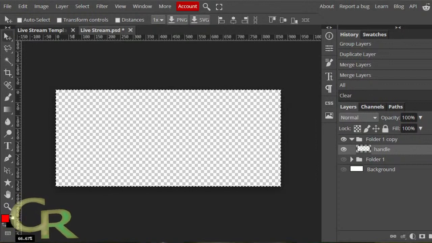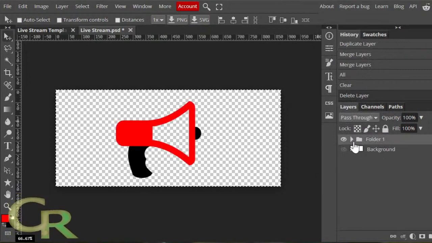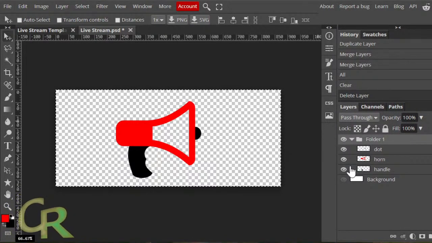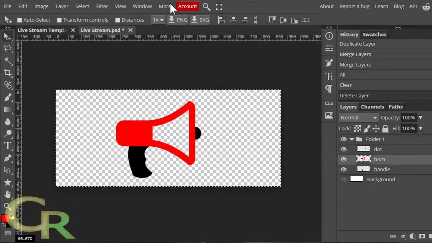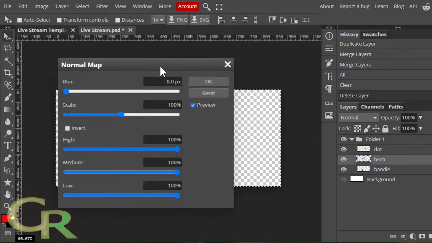Let's see here, go back to this. Delete the copy folder. Work back on my original again. Let's see what I can do here. Might be something I can do in there. Yeah, I'll try this out. I don't think this 3D thing's going to work so well in this.